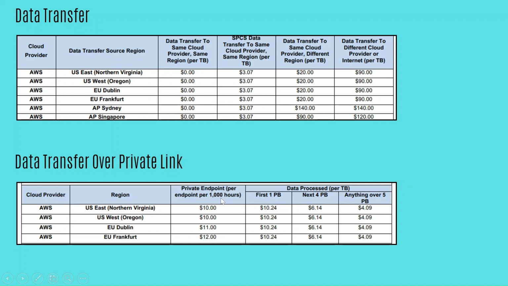This is a per hour charge. Let's say you run it for 100 hours, then you need to calculate how 100 hours will be charged. Basically, for 1000 hours they have given these charges. Got it? So if you have set up this private link, private link is more for security purposes. There are some compliance rules which say your data should not go over the internet, and for those use cases you will set up a private link,